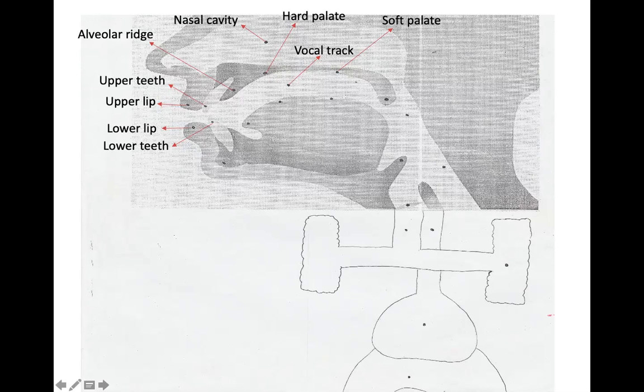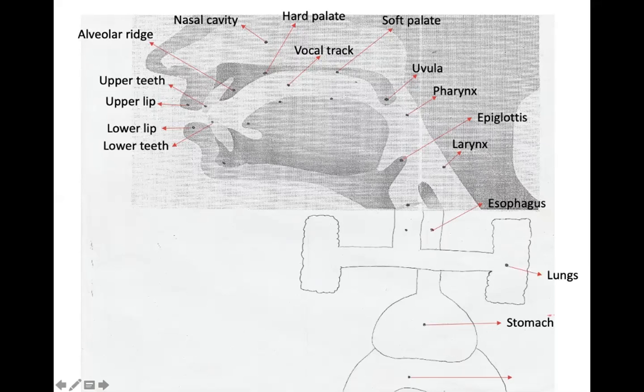Thank you. Okay, soft palate, then this is the uvula. Remember, uvula. This is the pharynx. This is, I forgot the name of this, my God. How do you call this part? Anybody? The epiglottis. Okay, epiglottis, perfect. Thank you, epiglottis. This one is the larynx. This is the esophagus. This one, lungs, stomach, diaphragm,